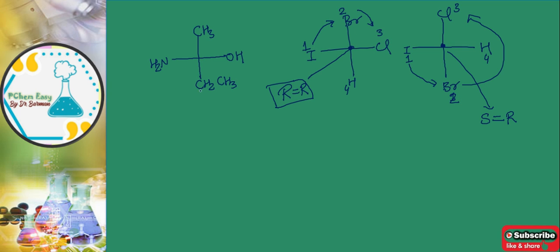Now we will talk about this. Okay, assign the priority: oxygen, carbon, carbon, nitrogen. Out of these, see, this is the chiral carbon. We have to see which atom it is directly attached to. Here it is attached with carbon, here also carbon. So now we will start. Carbon 6, oxygen 8, nitrogen 7. So this will get 1, this will get 2, obviously oxygen, then nitrogen. Now which will get 3? This is also carbon, this is also carbon.